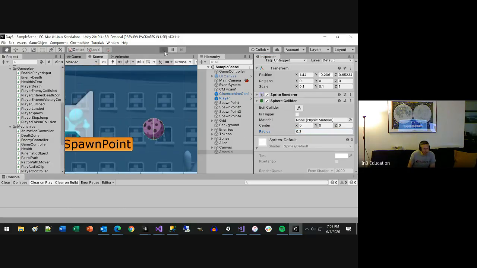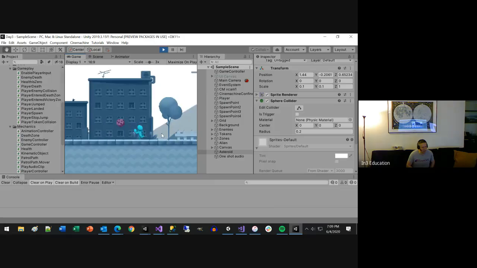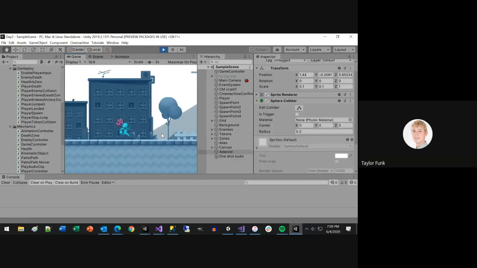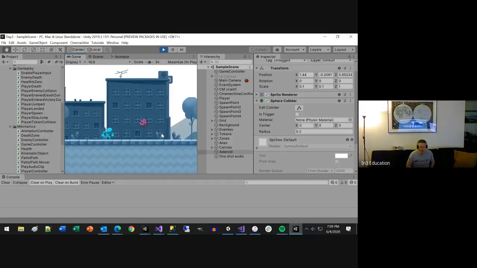If we hit play now, it'll go into game mode, and this thing has a collider. It's not colliding with the player though, because